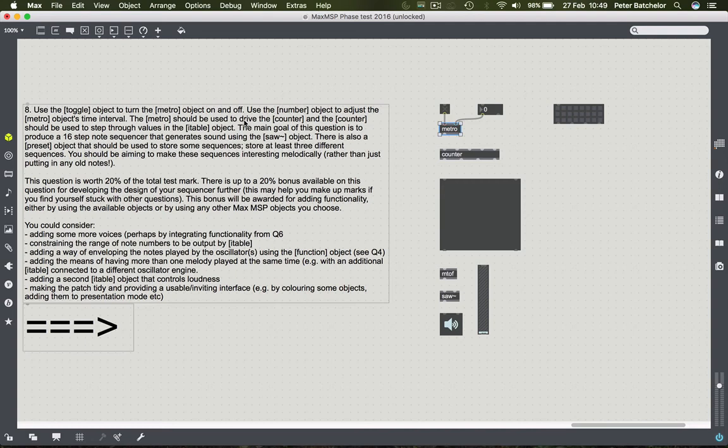The metro should be used to drive the counter, and the counter should be used to step through values in the itable object. So we can do that. We need to add a value to that, but we won't know what that is until we read the next part of the question. So the main goal of this question is to produce a 16-step note sequencer that generates sound using the saw object. So if we want a 16-step note sequencer,